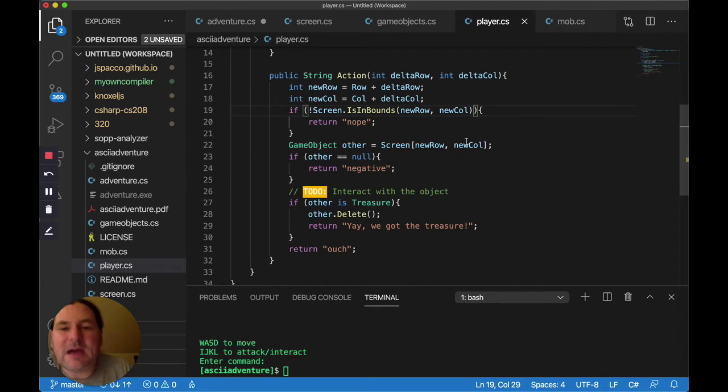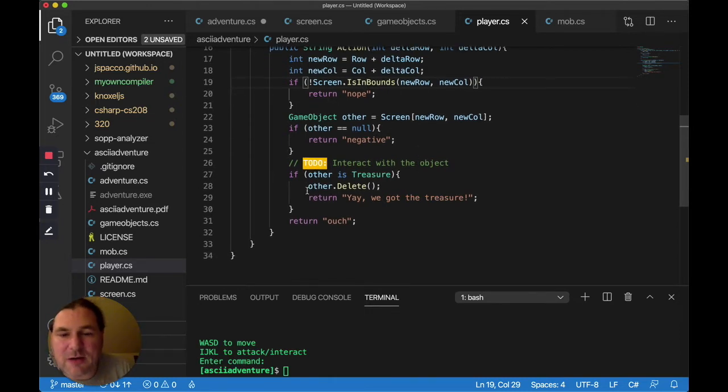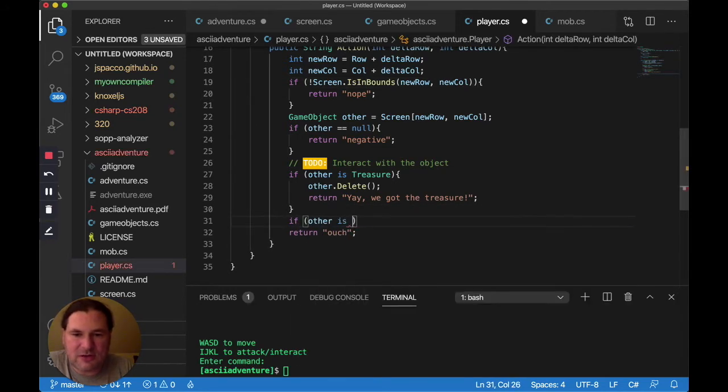Duh. And this is where I have, if it's not in bounds, just say nope. If it's null, just say negative, because you can't do an action against nothing. Otherwise, interacting with an object, well, we know other at this point is something. So if it's treasure, delete the treasure and do whatever. This is what we'll do. If other is a breakable wall,